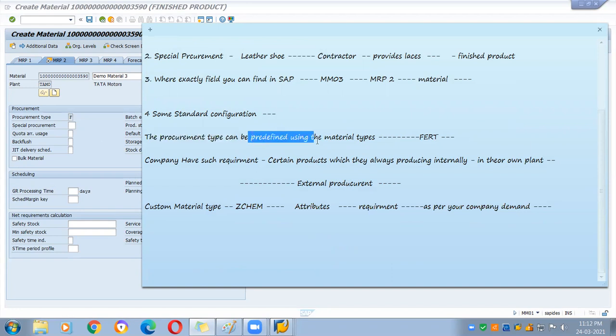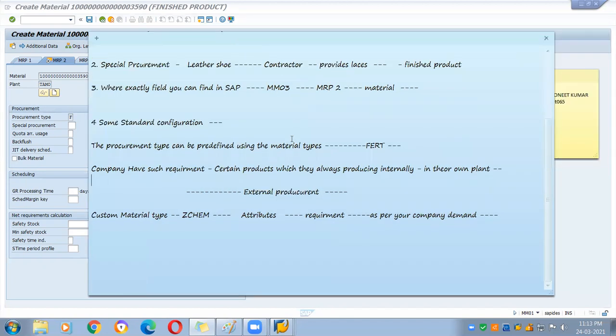So it is predefined using the material types, and that is an important statement that someone can ask you in an interview, like whether I can restrict the changing of my procurement indicator in the material field. Yes, we can do. And how we can do? Using the material type option. So we can restrict that change at the material level, MM03 level, using the material type configuration. And this is the configuration you need to remember, and it is going to help you a lot with your client or the companies which you are working on.